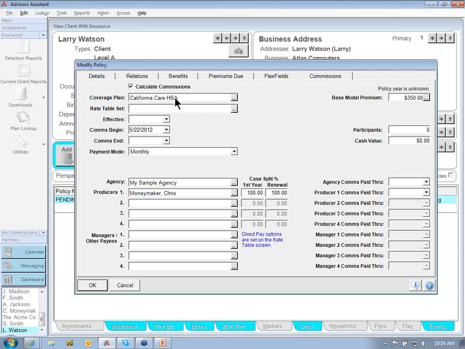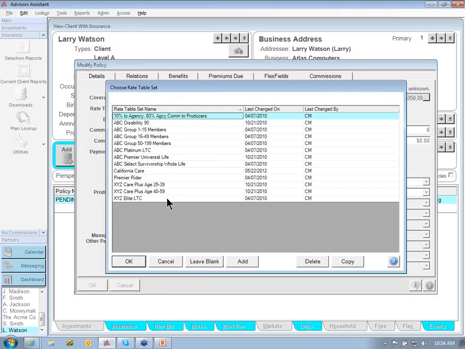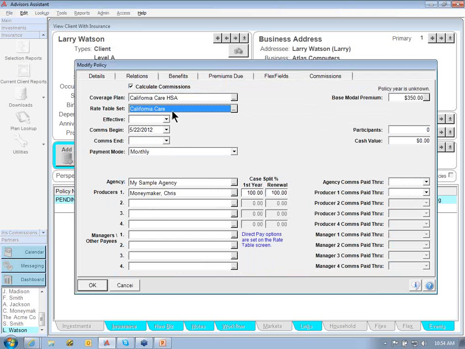Obviously, the HSA coverage plan does not have the rate table filled in at the master coverage plan level. So this rate table set is not filled in. At this point, I can go to my rate tables. I do not have a specific rate table for California Care HSA, so I'm just going to select my California Care rate table, because maybe I don't need a different rate table. I would know that because I'm the person setting it up, and I'll just go ahead and select my California